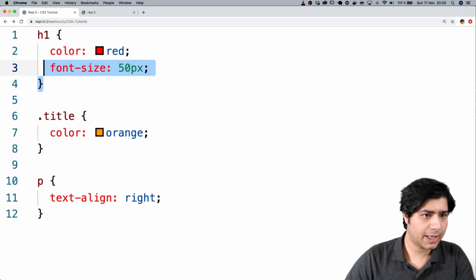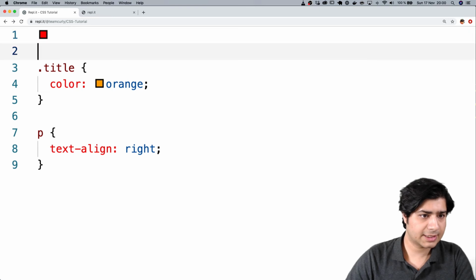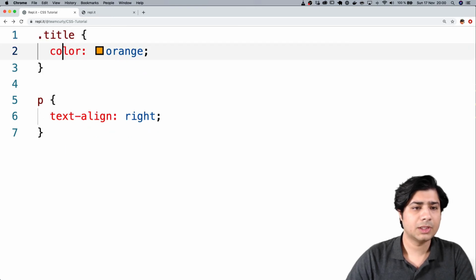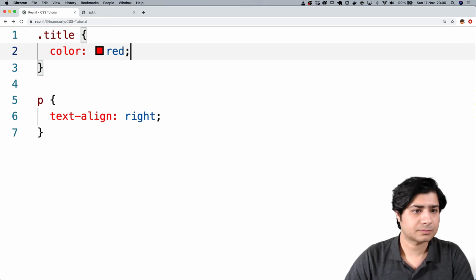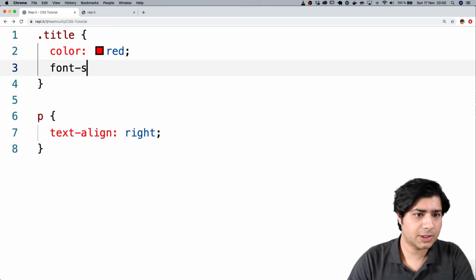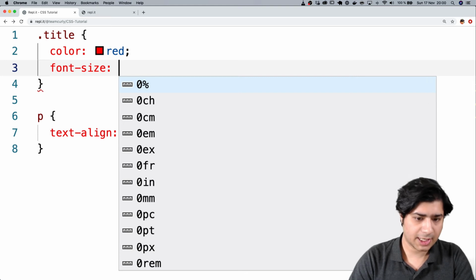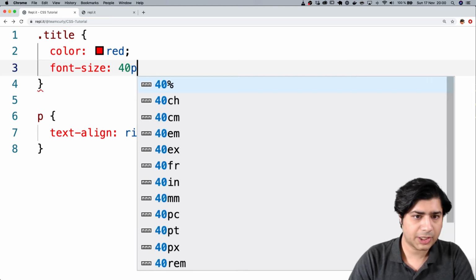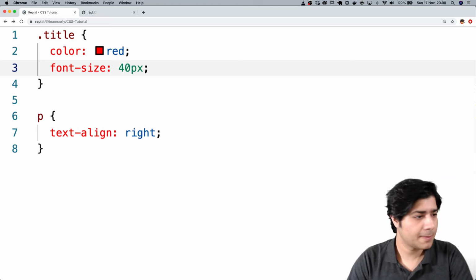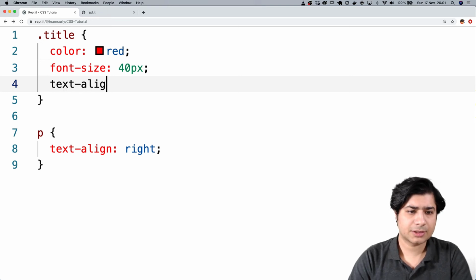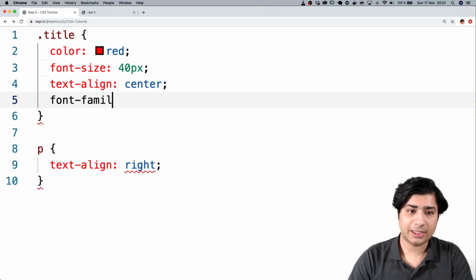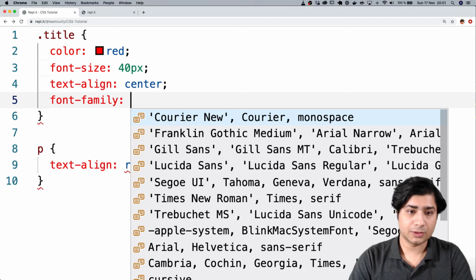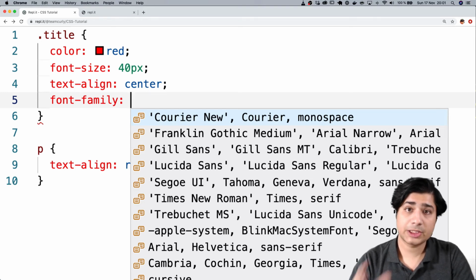All right, so I'm gonna get rid of this H1 because I already have the class title. So of course we have the color. Let me change this to red. And then let's do font size. And then font size, I'm gonna say it's 40 pixels. And then we have alignment. We can certainly align it in the middle. And then we have font family also, which you might want to do, where you want to change the font